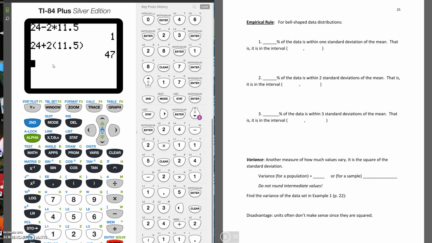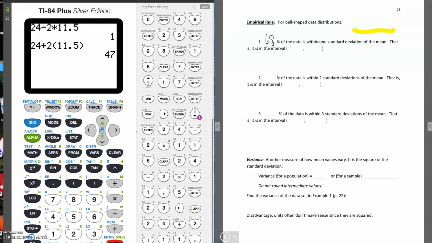Okay, we're now going to see how this relates to the normal distribution. For the normal distribution, or for bell-shaped data, we have what's called the empirical rule. And the empirical rule tells us how much of the data lies between parts when you go out from the mean. So for our bell-shaped data, we have the mean at the middle, and then we can go out by standard deviations. If we go out 1 standard deviation of the mean, that would be the mean plus sigma and the mean minus sigma. We want to know how much of the data would be in there. And the empirical rule tells us that